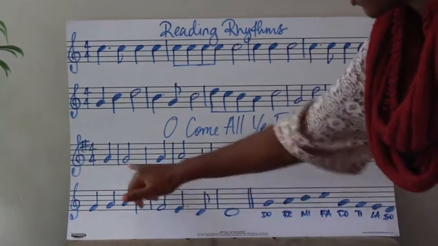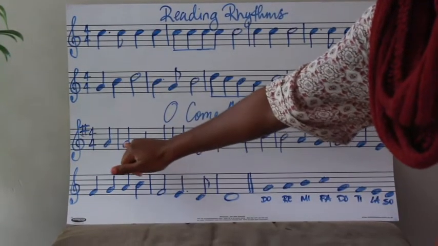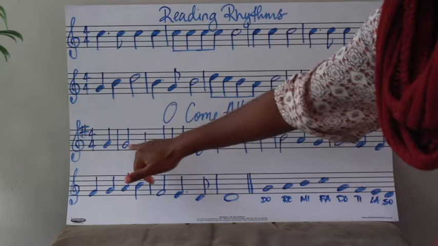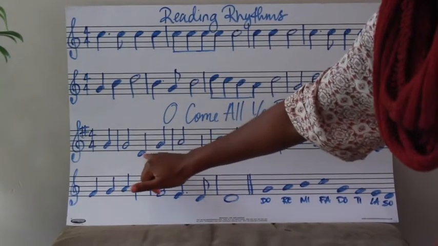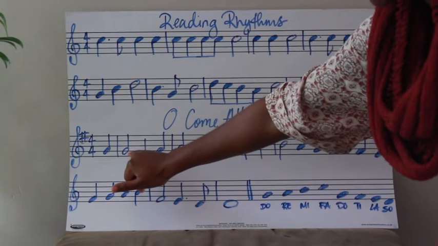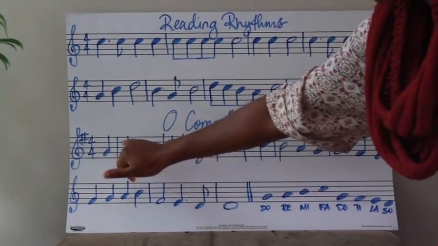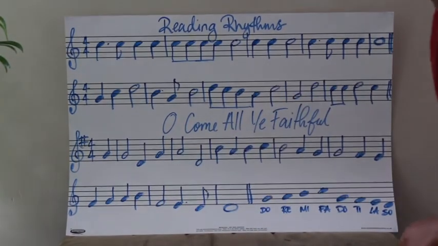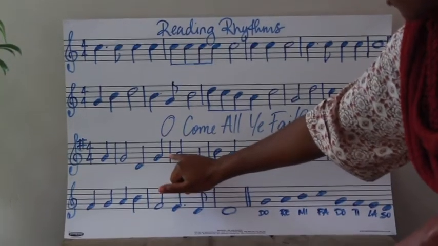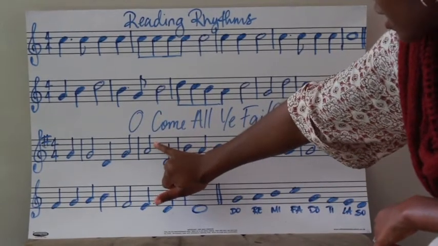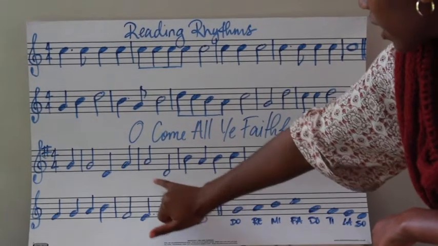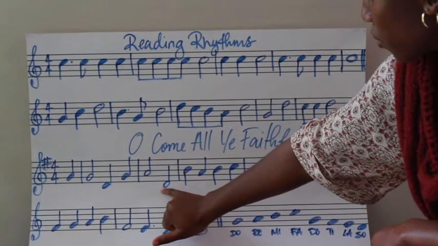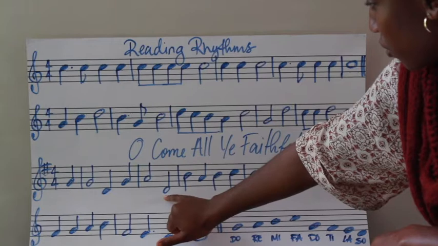Stepping down. So if our do is do, ti, la, so. So if you're getting stuck with trying to figure out what so sounds like, you can always come back to do and find the rest of your notes from do. So do, ti, la, so. If we take another one, do, re. So if we come to re, the interval between re and so, re, do, ti, la, so, re, so,